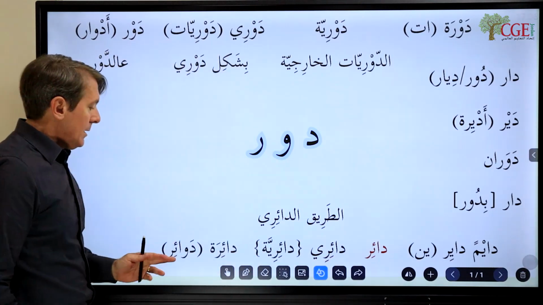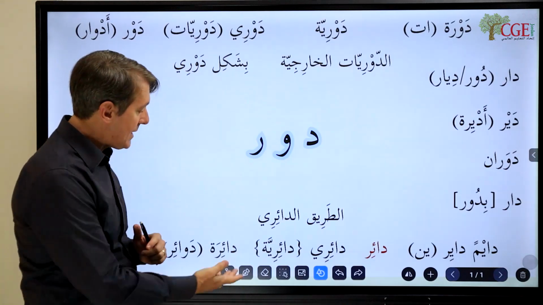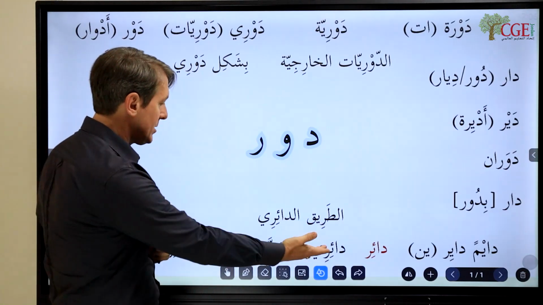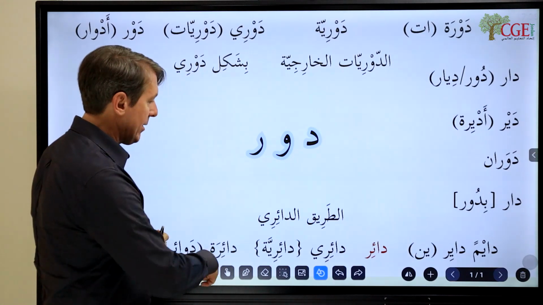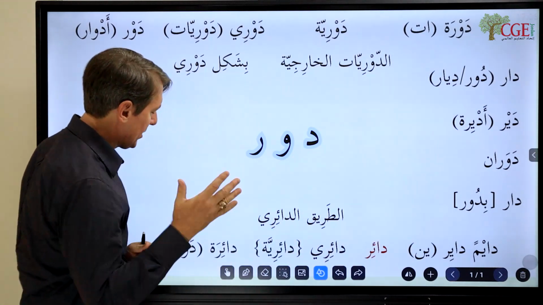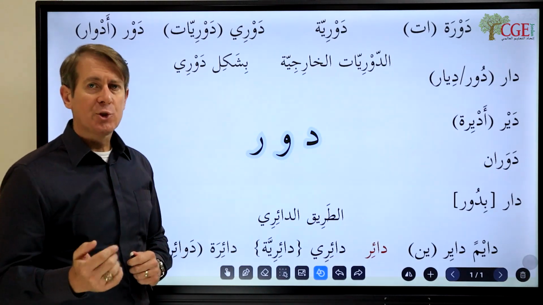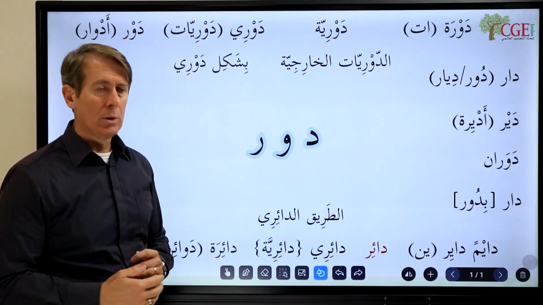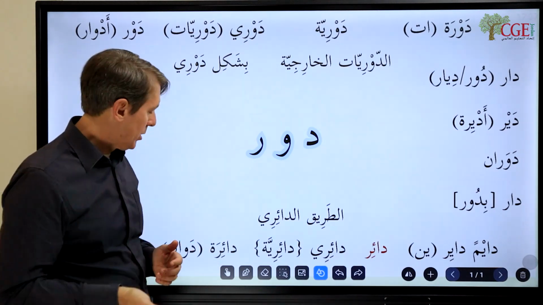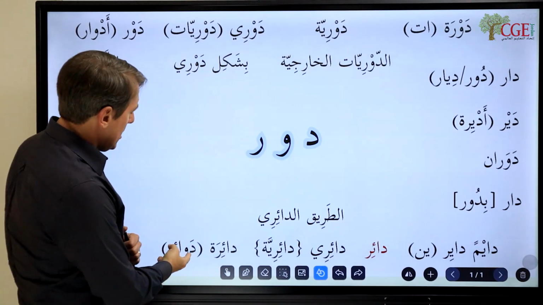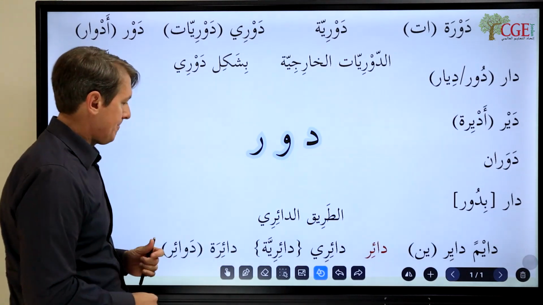Okay, da'ira. Here it is. Da'ira means circle. So this is the noun, and this is the adjective for this particular noun. However, I put it here because of the placement. But da'ira means a circle. This is Fusha, and we use it in Ammiya too, but we do have an Ammiya word we'll get to in a little bit. Dawa'ir is circles. That's the jama'. All right?